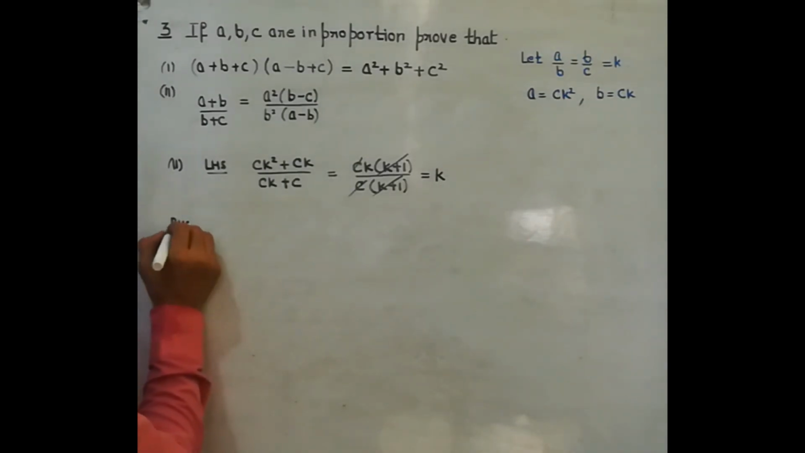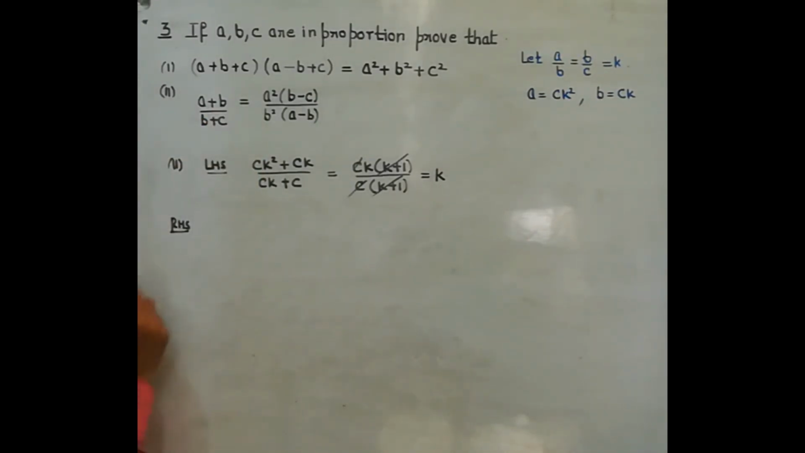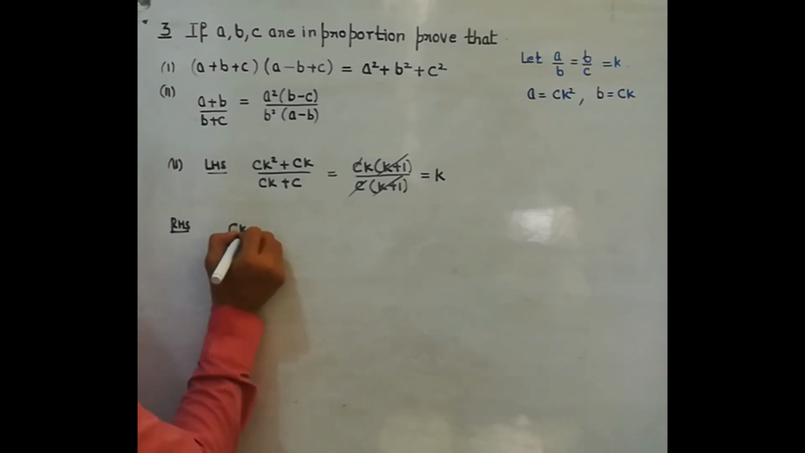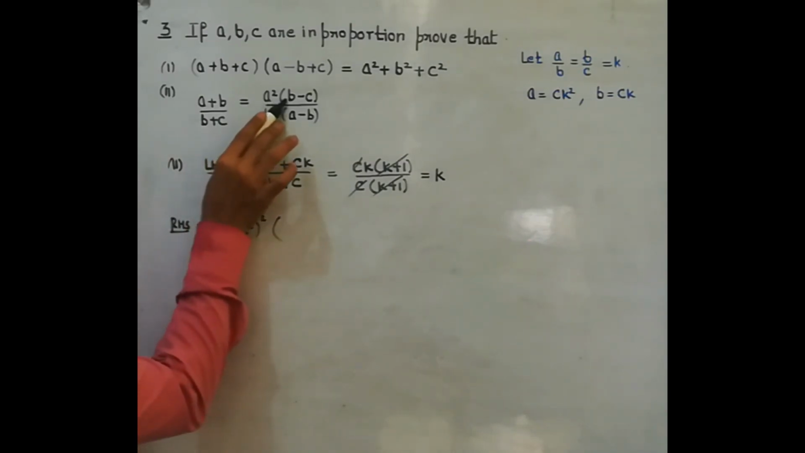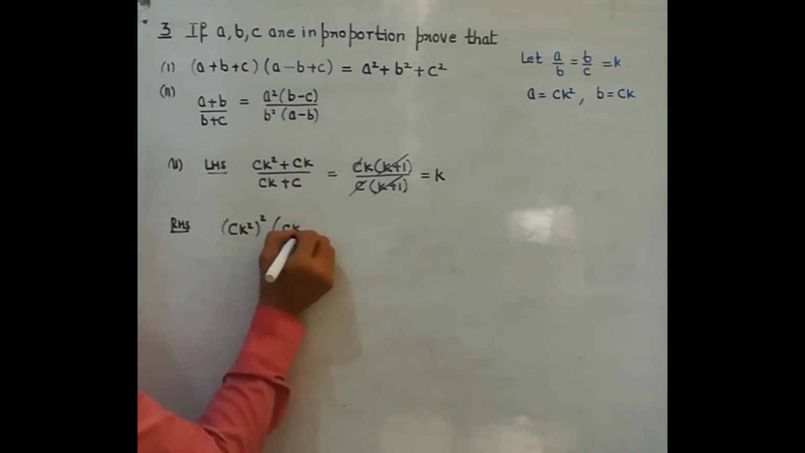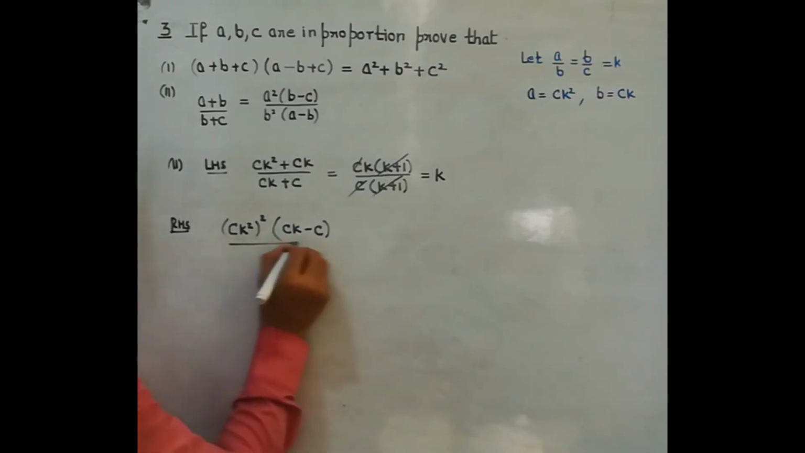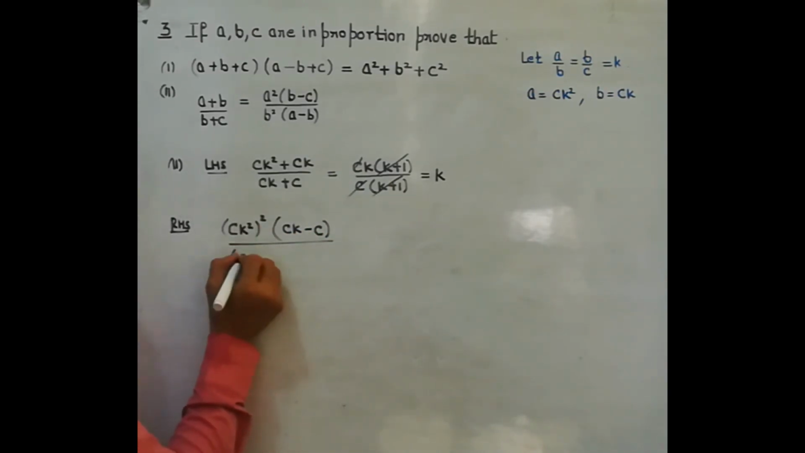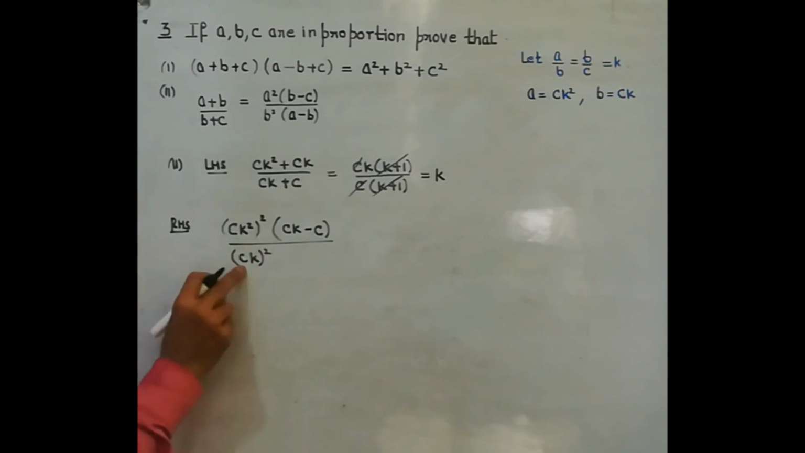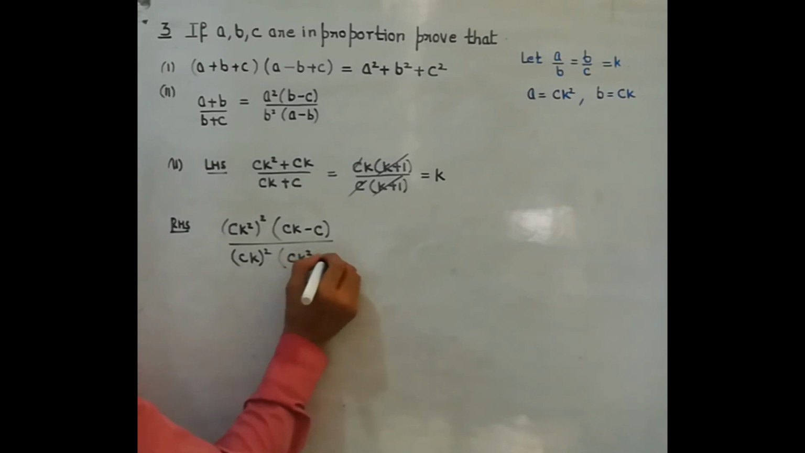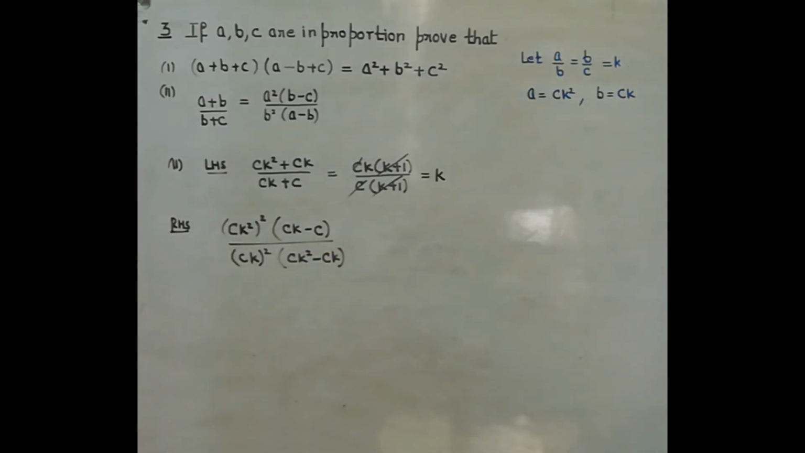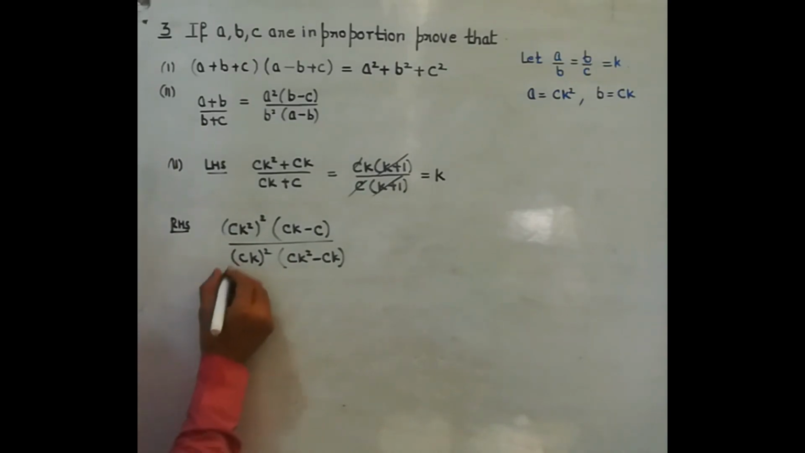On the right hand side, first of all we have square of A. So A is Ck square, and then we are going to take square of it. Then within the bracket it is B minus C, so Ck minus C. In the denominator place it is B square, and within the bracket you have Ck square minus Ck. Hope this is clear to you. Here we have simply done the substitution. A and B have been replaced. So see, you are getting